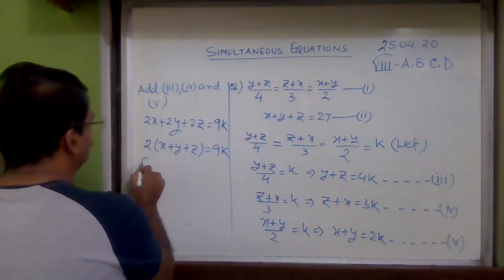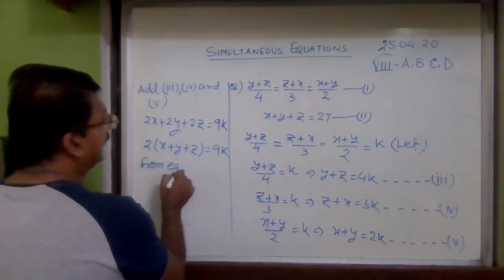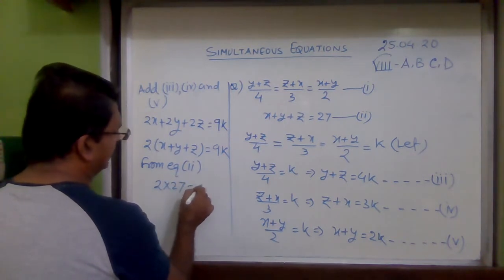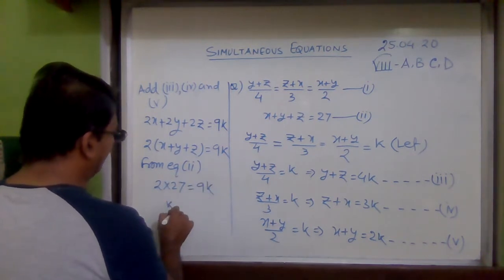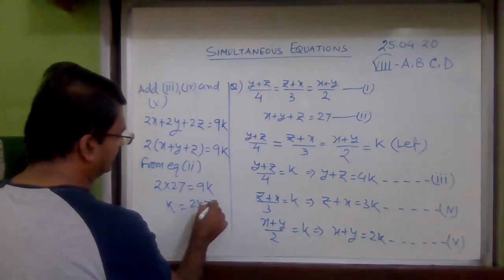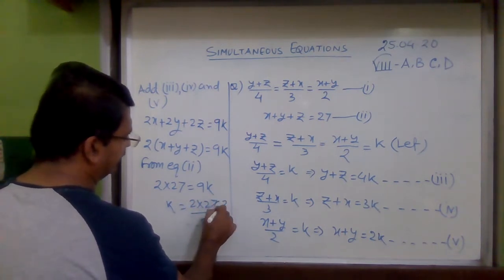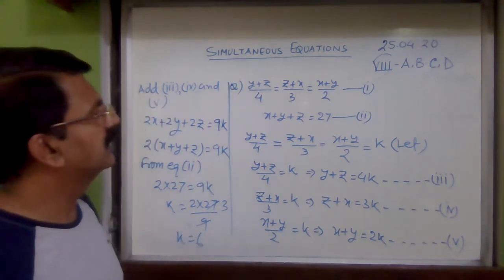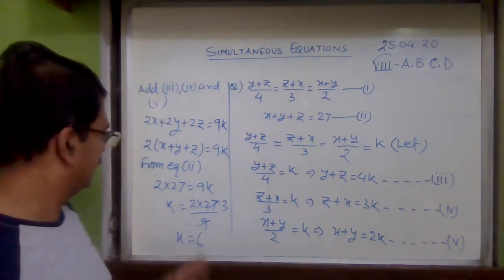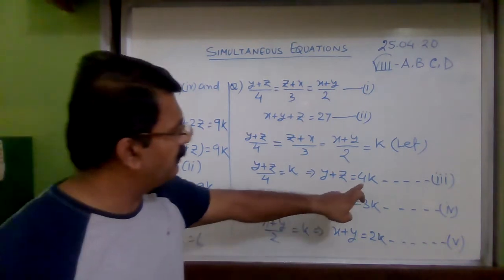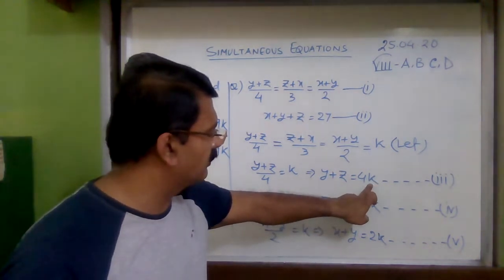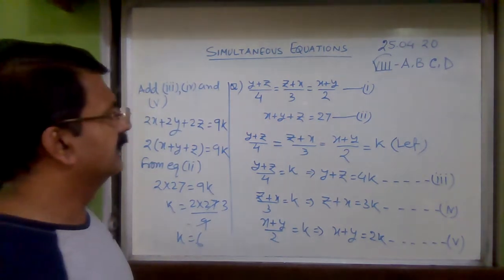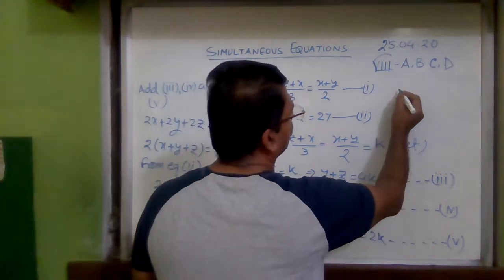So from equation 2, 2 into 27 is equal to 9k. So k will be equal to 2 into 27 upon 9, that is k is equal to 6. So you can see we have found the value of k, and that is equal to 6. So if we put this value of k is equal to 6 over here, then the equation number 3, 4 and 5, they will change a little, like